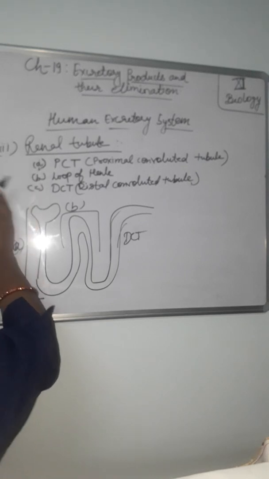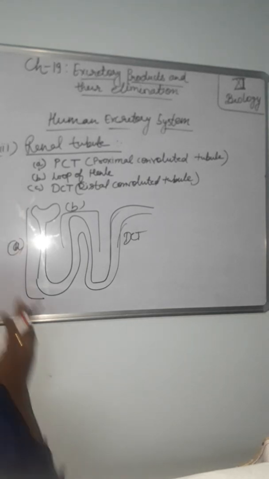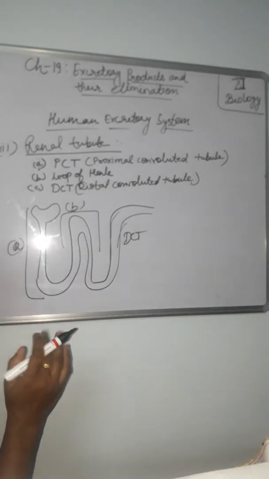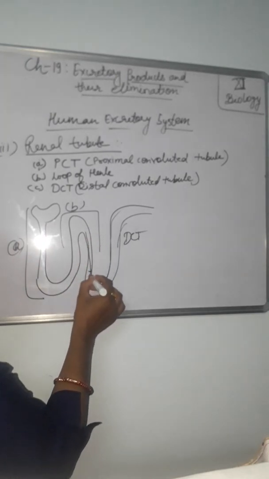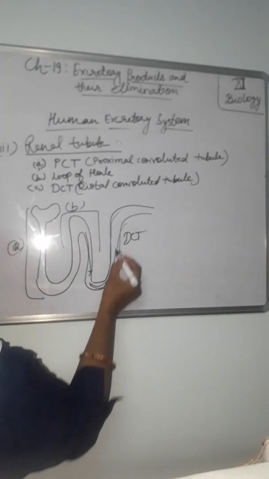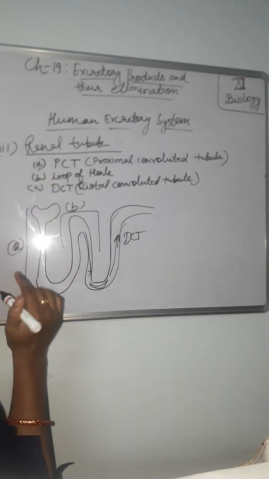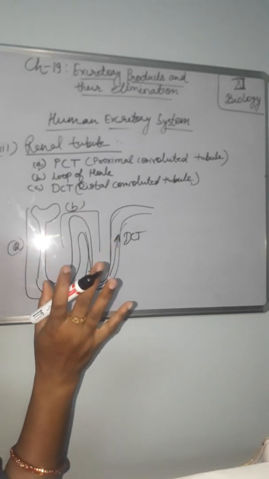Okay. Now second part, that is loop of Henle, begins as a direct continuation of the pars recta. It contains a thin descending limb, a loop and a thin ascending limb. एक descending limb होता है, एक ascending limb होता है. पहले descending limb होता है जो नीचे की तरफ आता है, this is descending limb, ये loop है और ये ascending limb है. ठीक है, descending नीचे वाला, ascending ऊपर जो लेके जाएगा यूरिन के pathway को show करता है.